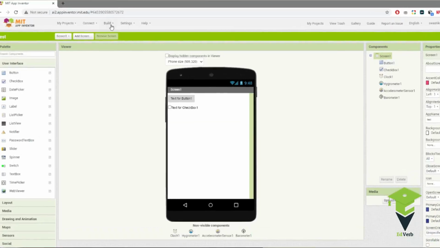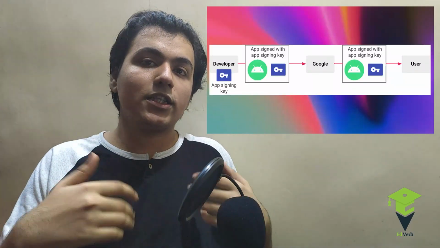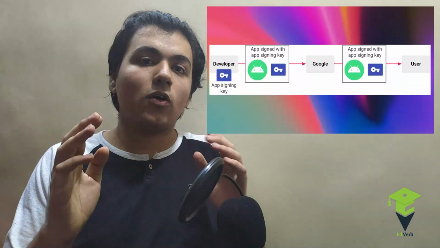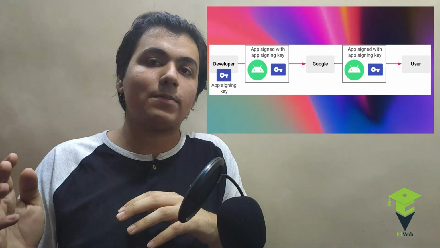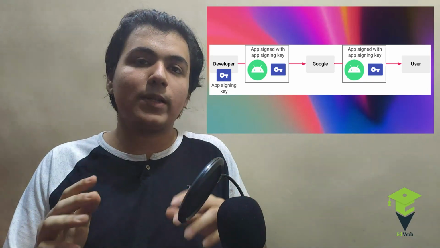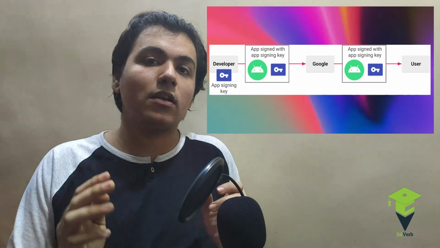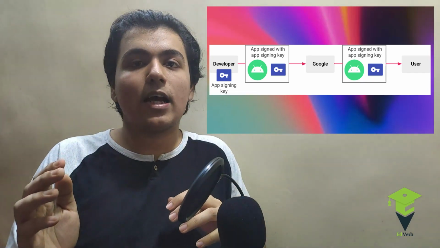So that's very good. Once you get your APK file, you have to sign your APK file in order to upload it on the Play Store. And by signing, I mean that you perform a digital signature of your own organization or company that you will be using to upload on the Play Store. That digital signature helps Play Store identify that it's your own application. And you can do that with App Inventor APK files.